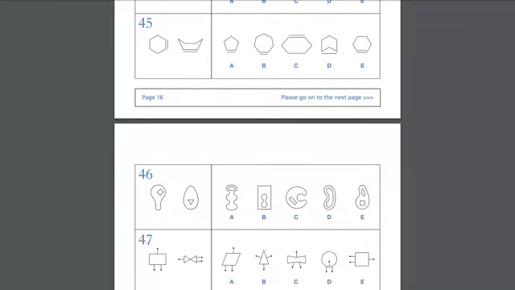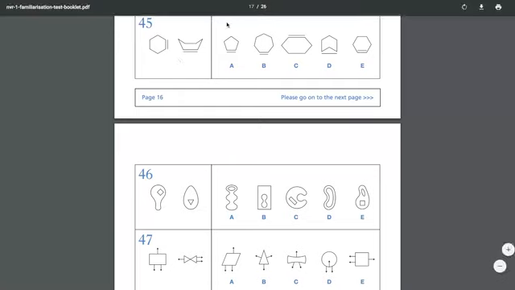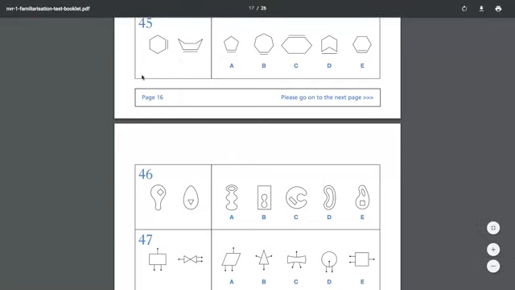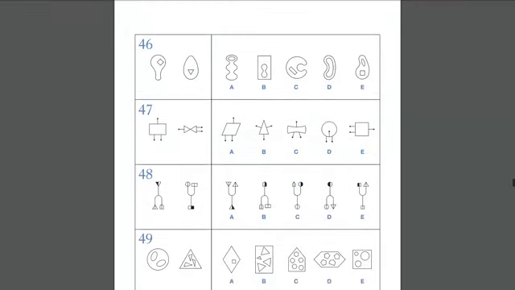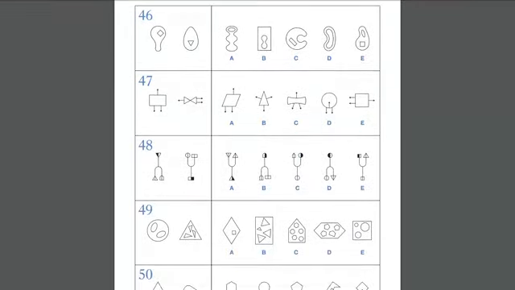45, there's a new shape comes, and 45 is C. Well, let's do these ones now. 46, 47, and 48. I mean, 46, I'll just give the answers. You guys are doing it really well. 46 is E. Yeah. 47 is also E, because again,